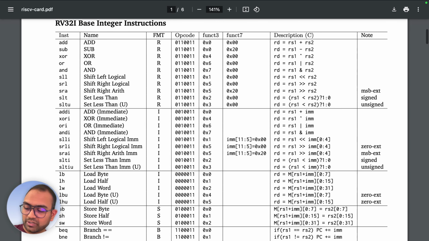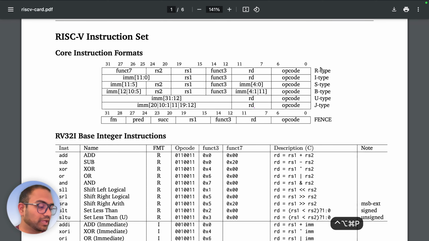All right, so what are things of interest to us here? Well, first off, there is an add instruction, and this is just kind of the friendly name for the instruction. And so there is the opcode, which is like so. The function 3 location will have a 0, the function 7 will have a 0, and this is the operation it represents, right? So now if you were to hand code it,